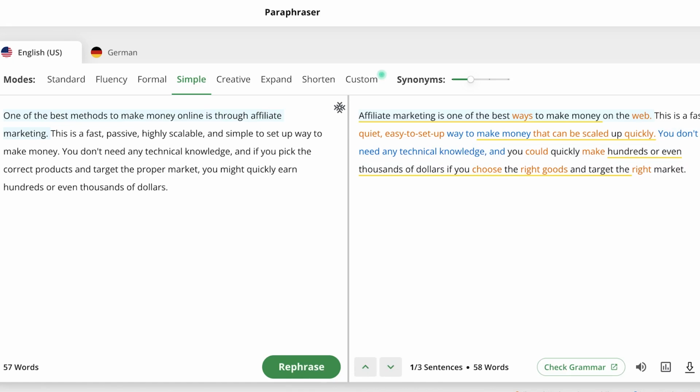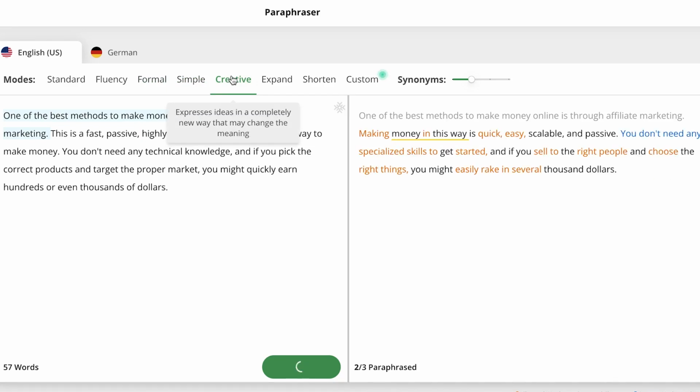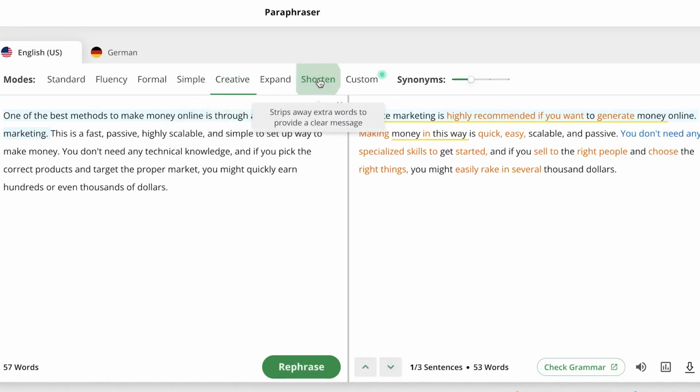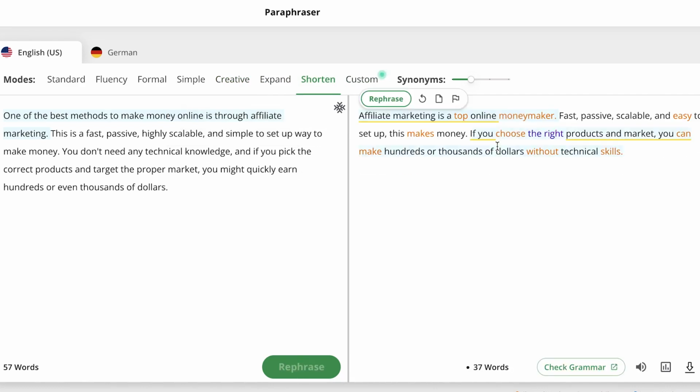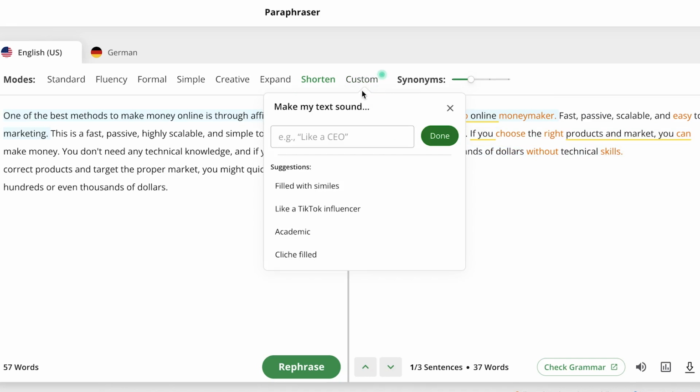So this is premium, and you can see it at the top here. This is Quillbot premium. So you can go to creative. You can see all of them have been enabled for you. And if you want, you can do shorten, which shortens the paraphrasing. Okay, this is now much shorter. It has paraphrased it, but in a shorter way. You can have control over the synonyms, the number. Okay, you can control the synonyms over here, and then you can have custom paraphrasing as well. If you want, you can have other custom features. You can just go ahead and select make my text sound like a CEO or like a student or like a researcher. You can check the customized feature over here.